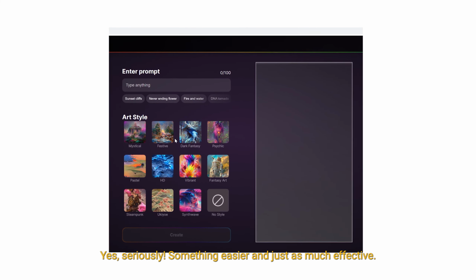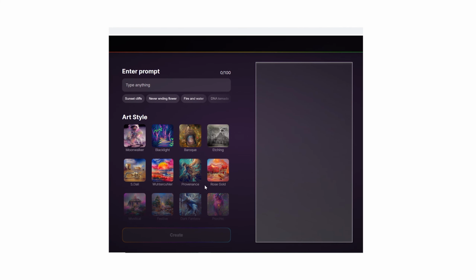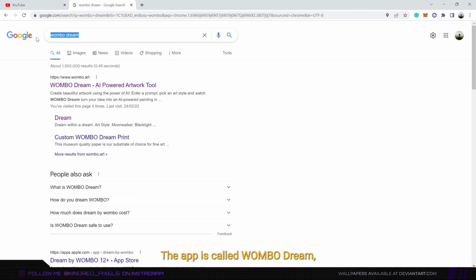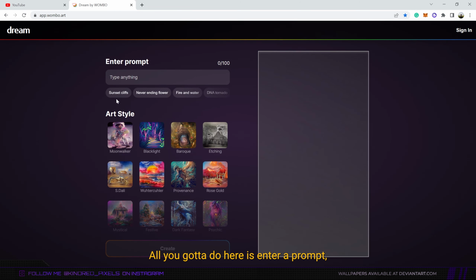Yes, seriously, something easier and just as effective. So let's dive right into it. The app is called WOMBO Dream, and I believe it's available on Android as well as iOS. But the version that I'm using is a web version, and when I said that it's easy to use, I really mean it, guys. All you gotta do here is enter a prompt and choose an art style from here